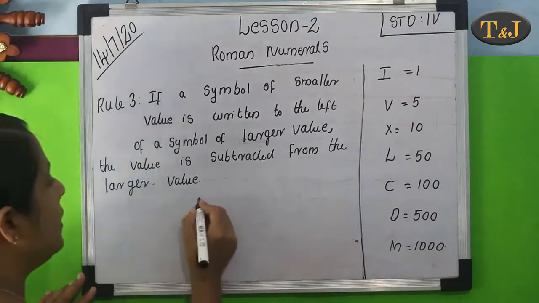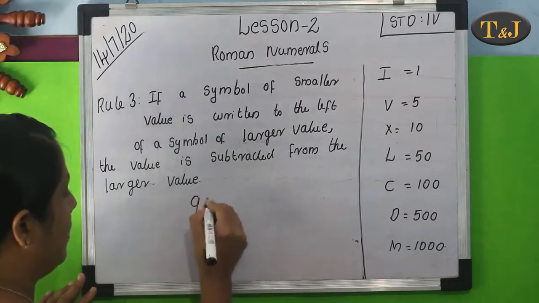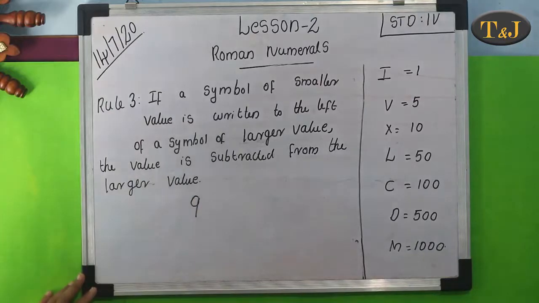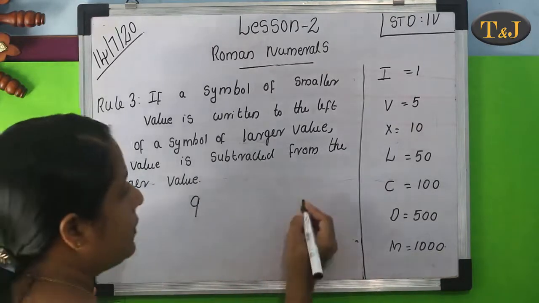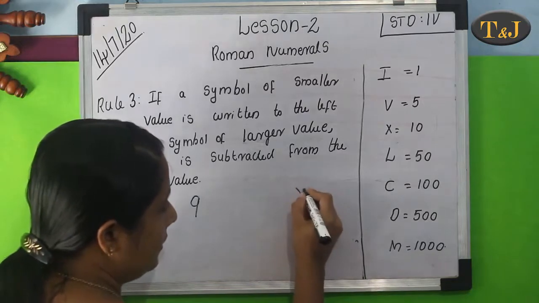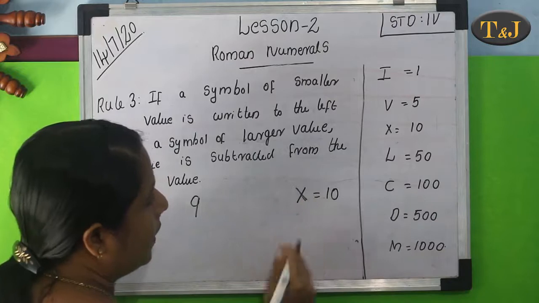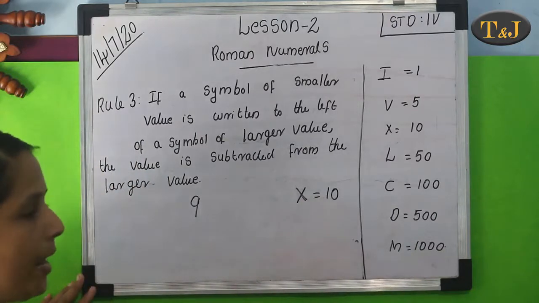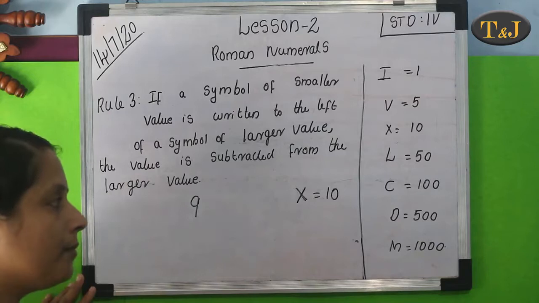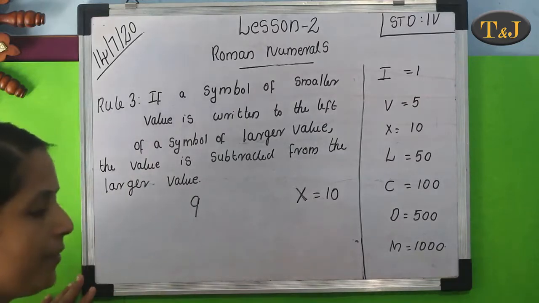Next we want the number 9. Actually, we write the number 6 as VI, 7 as VII, 8 as VIII, then 10 as X. Did you get any idea about how to write the number 9? First we write the number 10 as X. In the above case, we wrote the number 4 as V, subtracting 1 from 5, then we get the number 4.